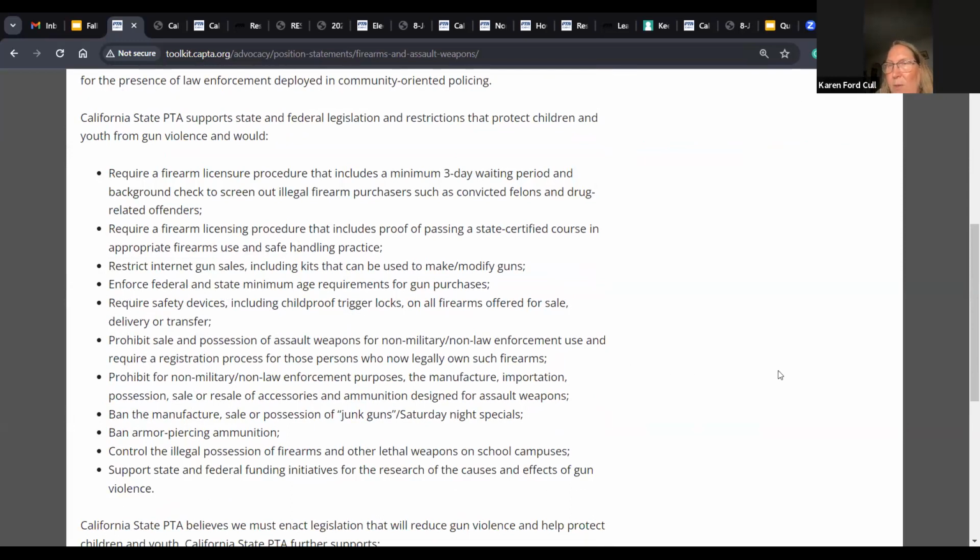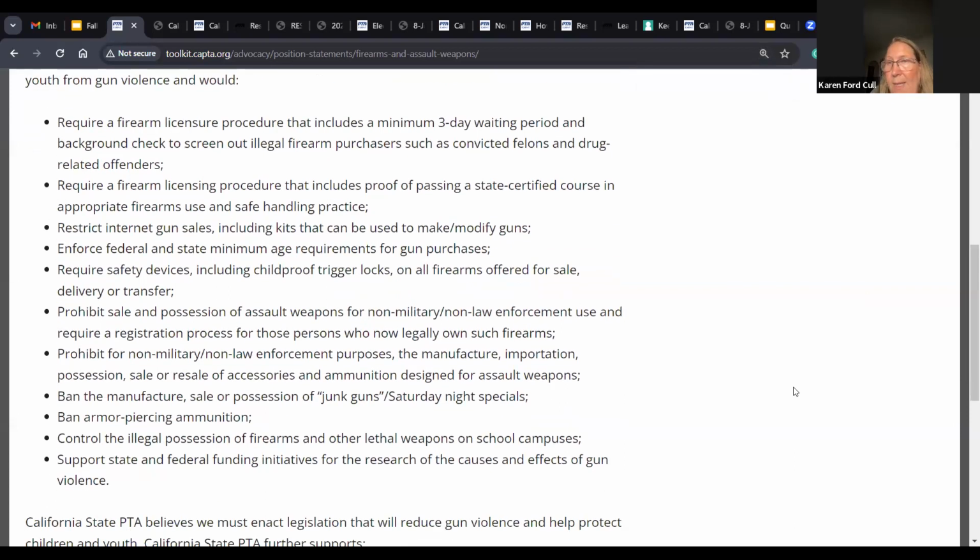California PTA supports state and federal legislation and restrictions that protect children and youth from gun violence, and would require firearm licenses, 3-day waiting periods, proof of a state certified course in appropriate firearms, restrict internet gun sales, enforce state and federal minimum age requirements, require safety devices, including child-proof trigger locks on all firearms offered for sale, prohibit sale and possession of assault weapons for non-military and non-law enforcement use,